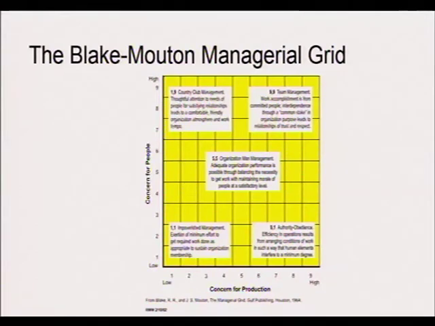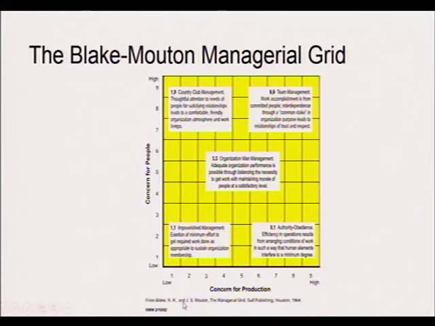In other words, you need to understand the grid, interpret it, and apply knowledge accordingly. Now, when we look at the grid itself, you will see that on the y-axis you have the management concern for people, and then on the x-axis, you have the management concern for production. And then values are also given there from 1 up to 9 in each